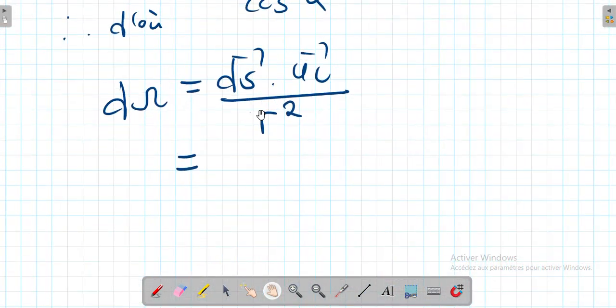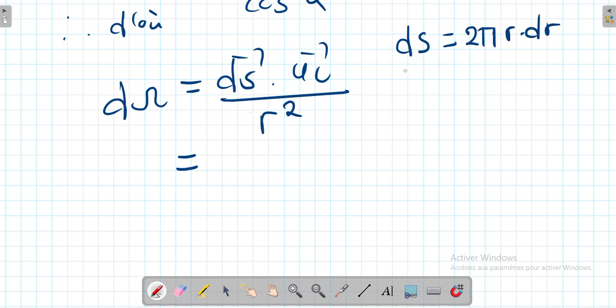From the formula, we said that ds, this is the magnitude by the way, it's not a vector, is 2 pi r dr. The vector ds is the magnitude multiplied by the unit vector, the normal unit vector. This vector is such that it's perpendicular to the surface. Now, if the teacher taught the dot product,